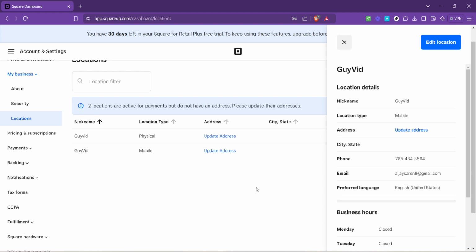Remember, maintaining accurate business information online, including operation hours, is crucial to building and sustaining trust with your customers. It's these small details that, when managed well, contribute significantly to a professional and reliable business image. So take this task seriously and ensure your business hours always reflect your current operations.